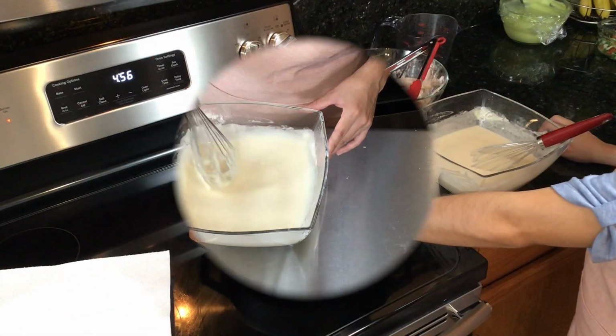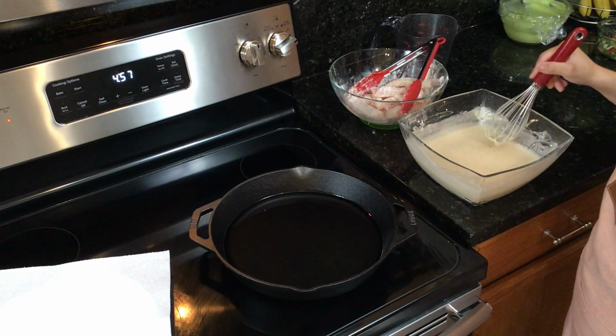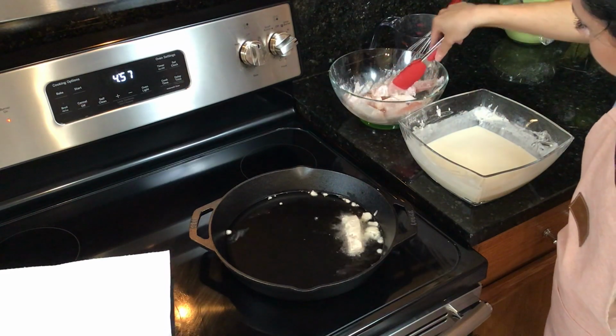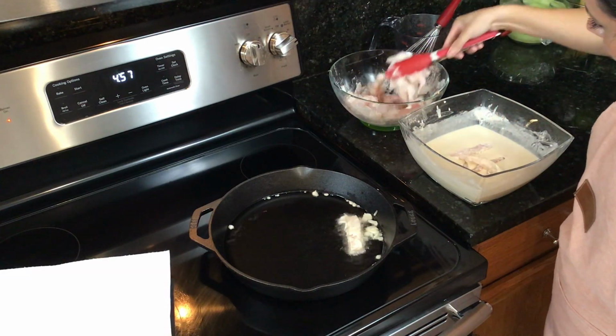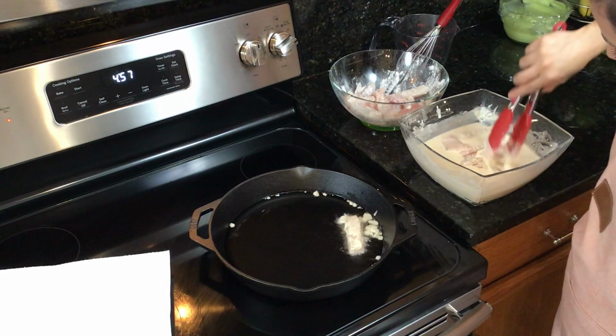For our next step, let's start by prepping a pan where we're going to be frying our fish. I am using vegetable oil, and I will go ahead and test it with a strip of my fish to see if the oil is hot enough. And it looks like it is, so we're going to proceed and dip the rest of our fish into the